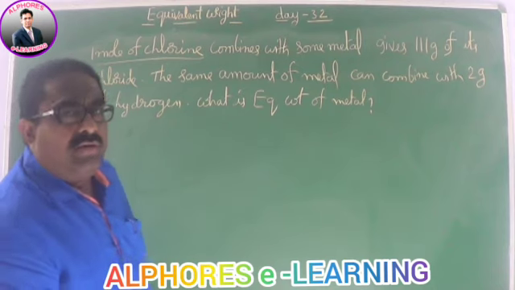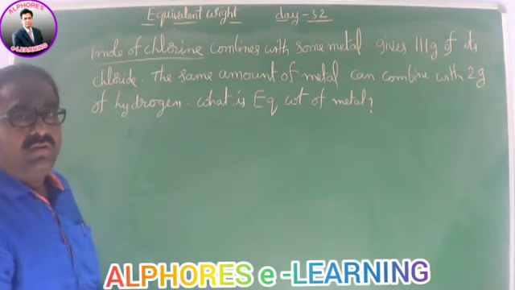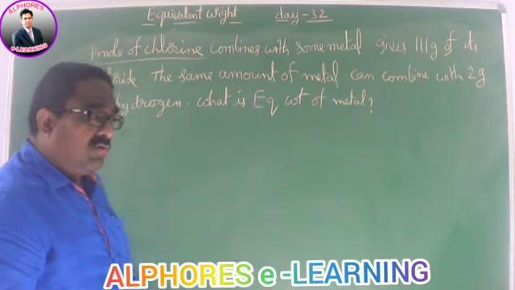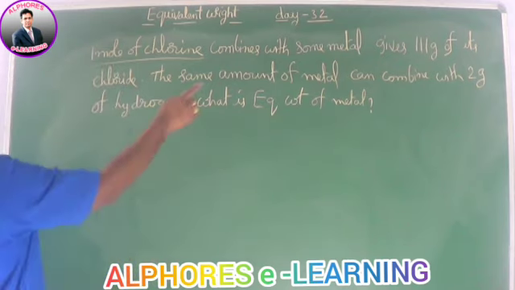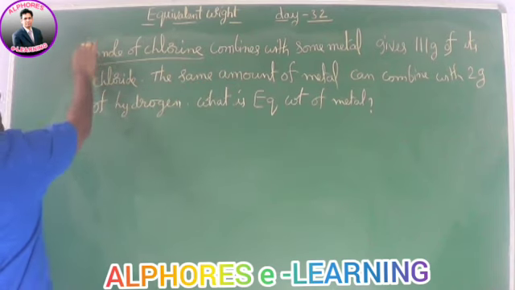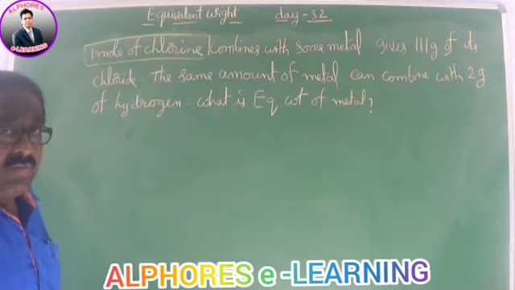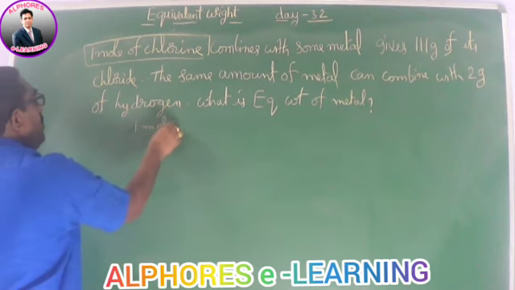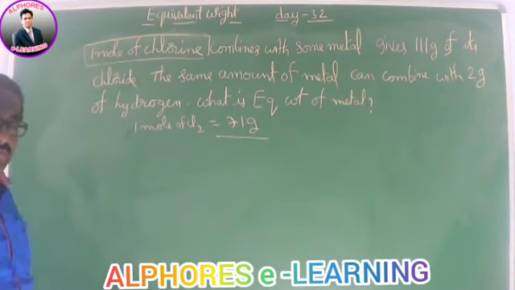1 mole of chlorine. Chlorine is always available in the form of gas, Cl2. The formula of chlorine gas is Cl2. What is the molar mass? 71 grams. Okay. He has given 111 grams of its chloride, and in that 111 grams, 1 mole of chlorine is there. What is 1 mole of chlorine? See here I am writing, 1 mole of chlorine gas means how much weight? 71 grams. That we know.